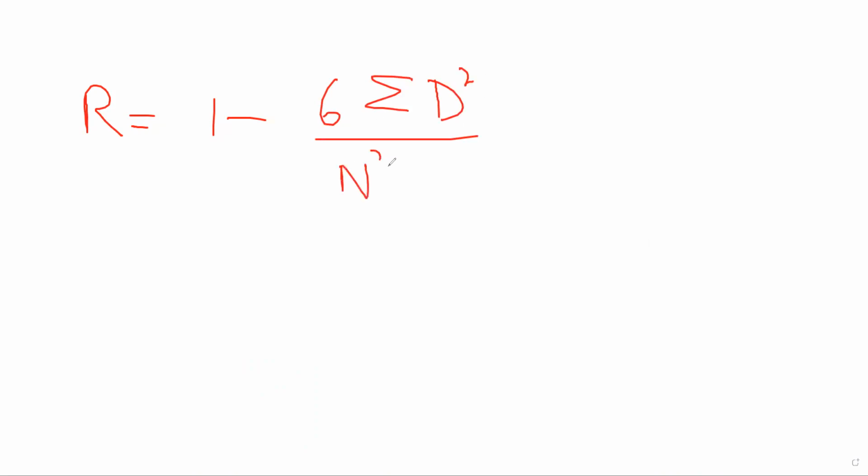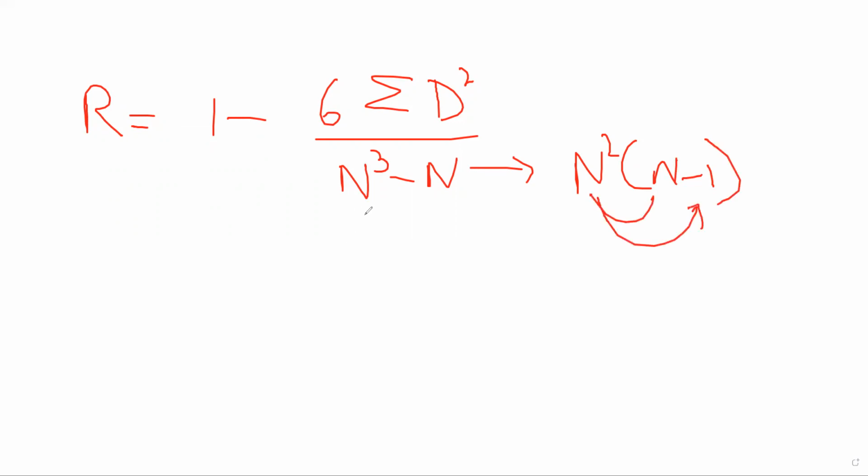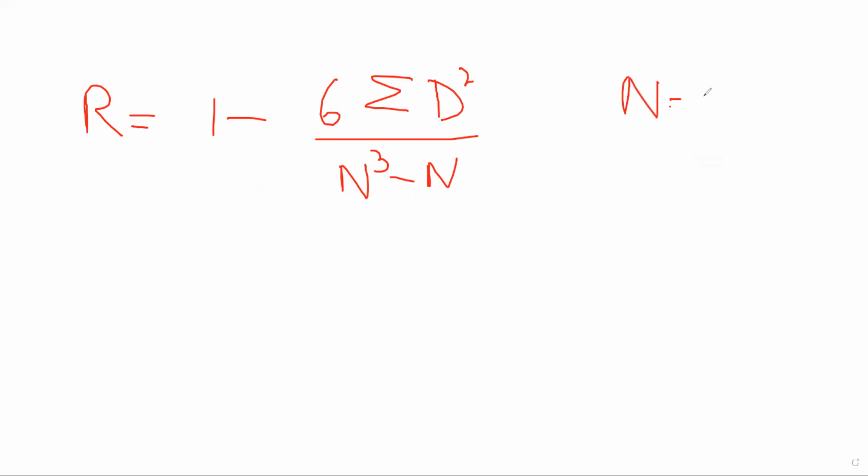But for now, your rank correlation coefficient R is 1 minus 6 sigma d square divided by n cube minus n. In some textbooks, that n cube minus n might be given like this as well, n square into n minus 1. It means the same thing. ये दोनों को multiply करके फिर ये इसको multiply करते तो यही value आता. Okay, so don't freak out in that scenario. This and this are the same. It is just different ways of representing it. Now substitute the values. N is equal to कितना था n?